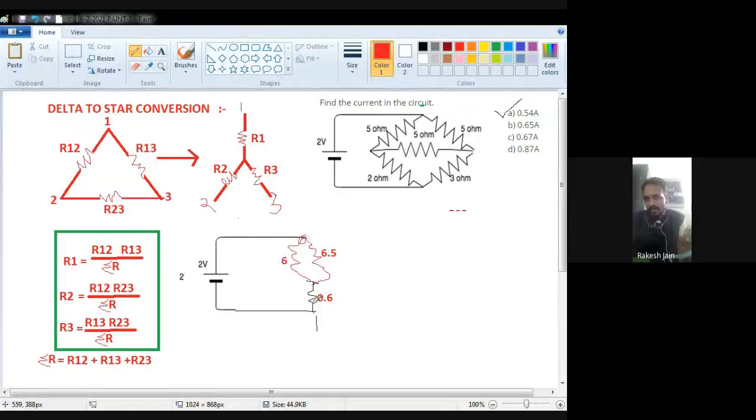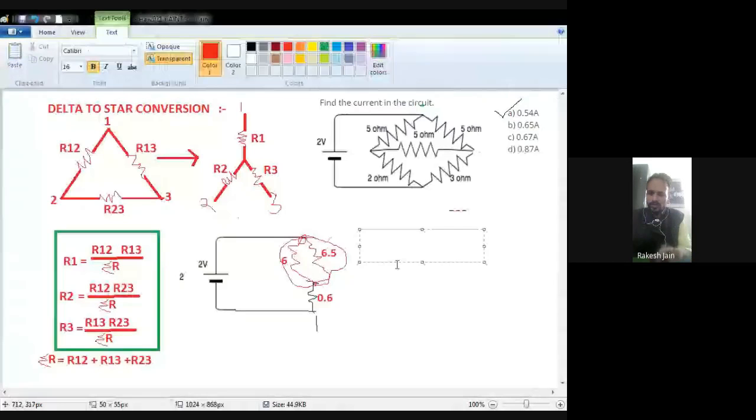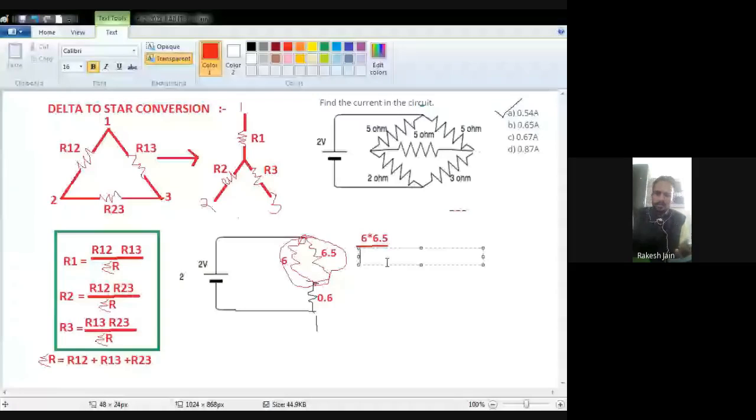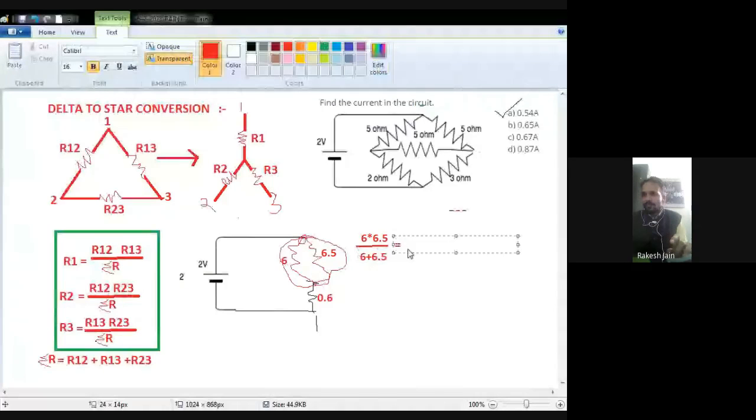So what is your R1 answer? R1 is 0.6. Okay. Now what is your R2? R2 is your 1.5. Okay. Now what is your R3? R3 is your 1 ohm. Okay. So all of these three resistances are here. Now I remove the right hand calculations, and we are going to solve this. Now see this 5 ohm resistance